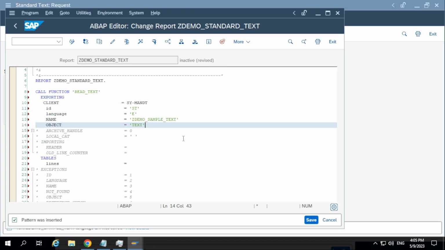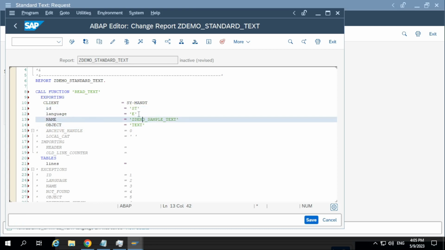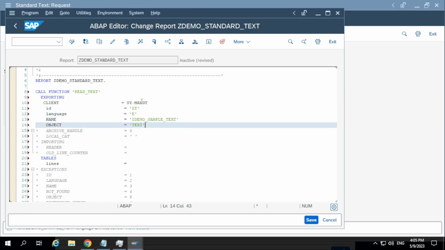All are in caps only, sir? Yeah, all should be in caps. Whatever default values you are passing should be in capital letters. Okay, sir. Client number,